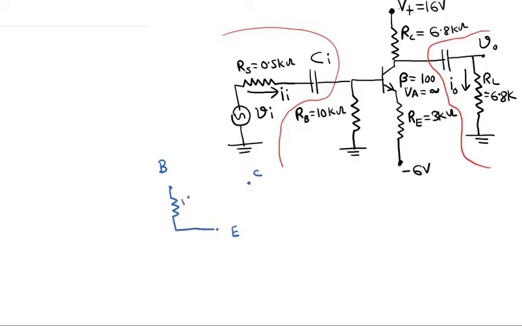So this is R pi, and the voltage drop across R pi is given by V pi. Now between the base at this point and ground, this base resistance RB is present. So we put the base resistance RB between the base and the ground,